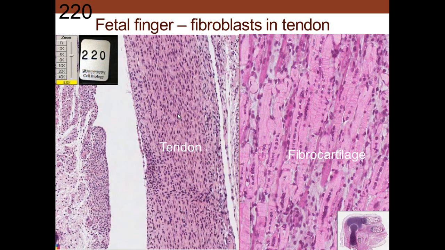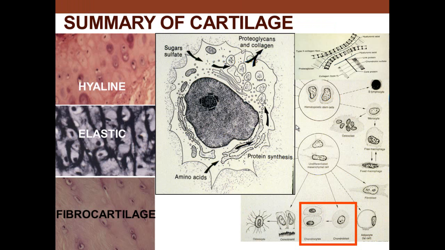The cells here, this is a young one, and so it hasn't got a lot of extracellular matrix yet like we see here, but then you can see the different cells, the chondrocytes in the fibrocartilage. So in summary, there are three types of cartilage. You've got the hyaline cartilage, glassy type. You've got the elastic cartilage that returns to its original shape, and the fibrocartilage, which allows dense regular connective tissue